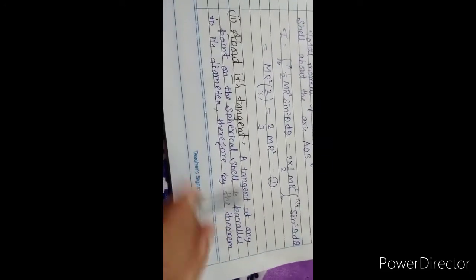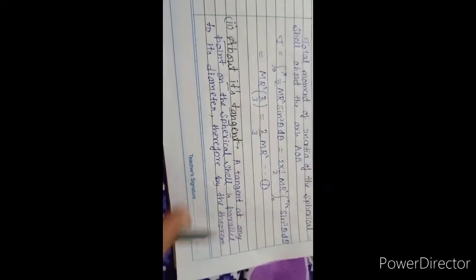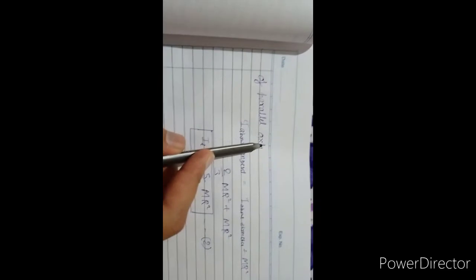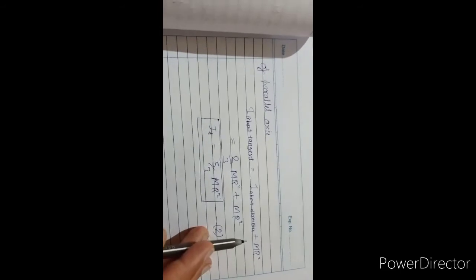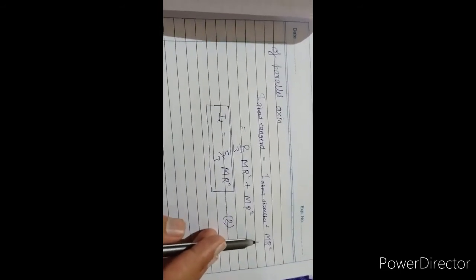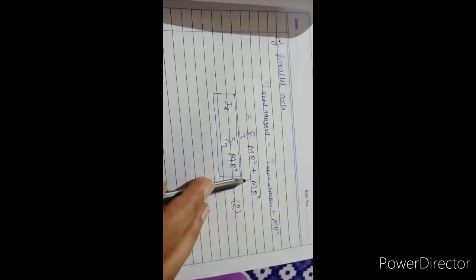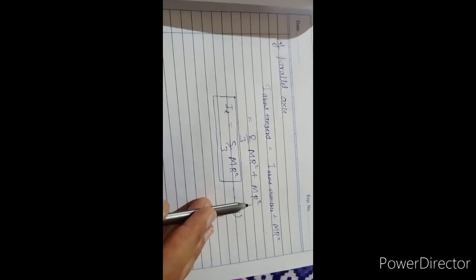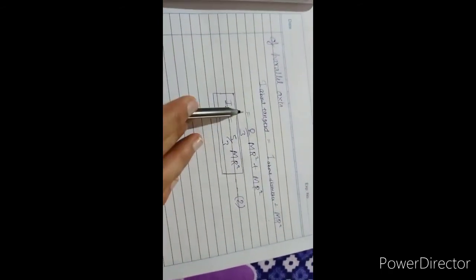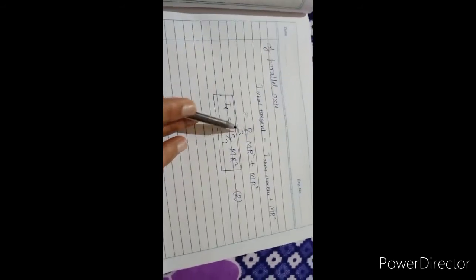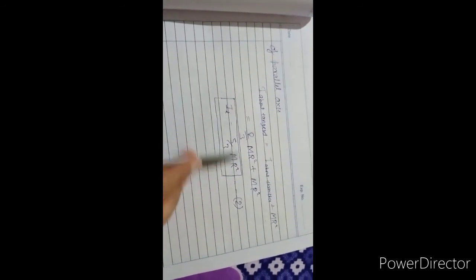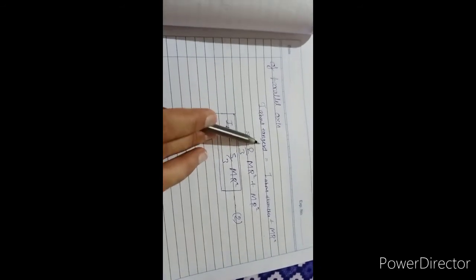I hope you understand. A tangent at any point is parallel to its diameter. Therefore, by the theorem of parallel axis, which we have recently studied, the moment of inertia about the tangent is equal to the moment of inertia about the diameter plus m r square, where m is the mass of the sphere and r is the radius of the whole sphere. The I about diameter we have already calculated, 2 by 3 m r square. The addition of these two terms gives us the I about tangent.